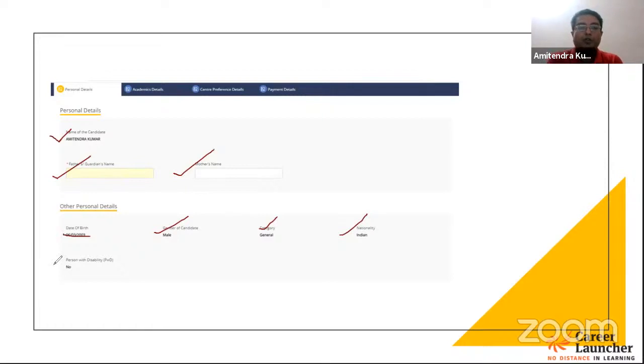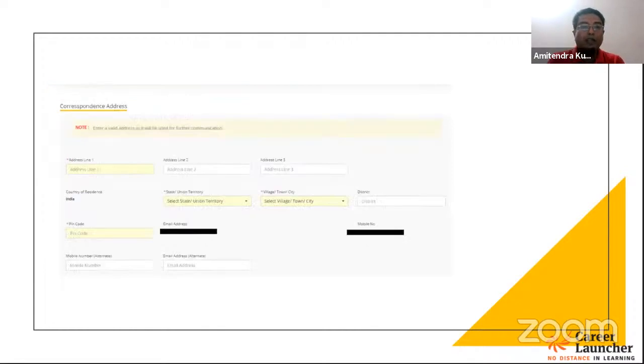and whether you are a person who belongs to person with disability category, yes or no, as the case you selected earlier, that will appear over here. So some part of the application form is already filled out there for you from the particulars which you provided at the time of registration. So you have to be really careful what you are doing at the time of registration, because the same data is being captured as far as your online application process is concerned. So you have to be really, really careful.